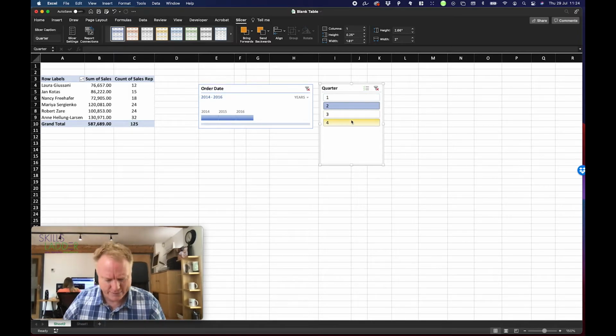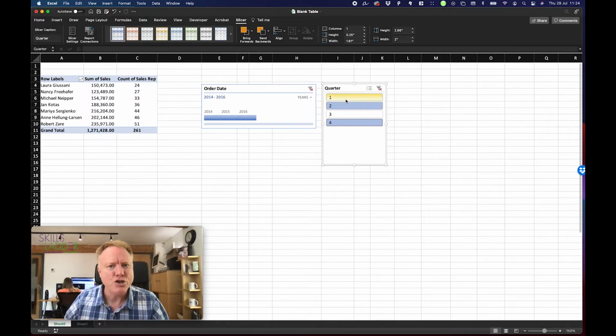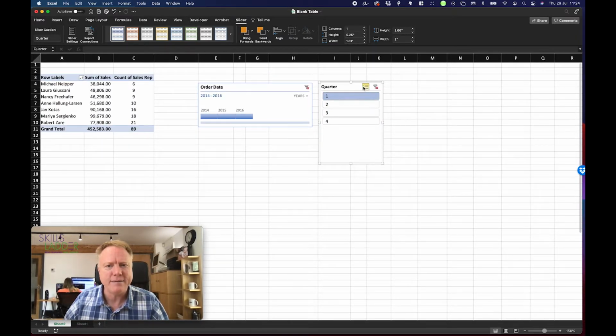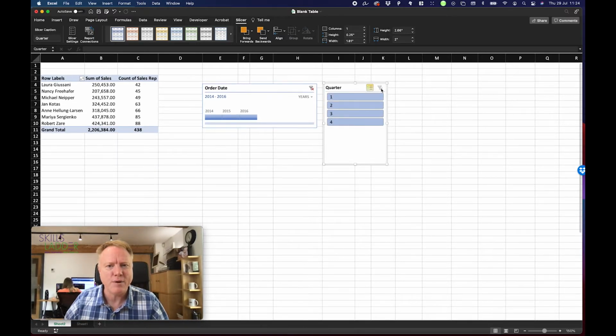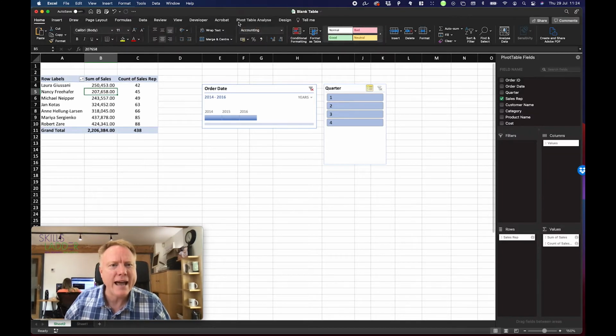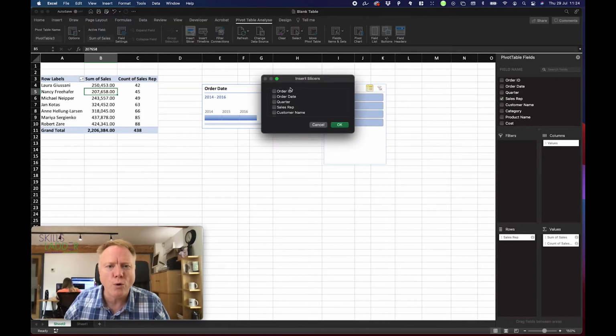I believe I can control click and select 2 at once. Yeah, I can just turn different things on and off nice and easily. Okay, I can come in here and I can see I can press the button to turn them all on. What else can I do? And I can have a bunch of these different filters just sitting there. Let me just do one more for